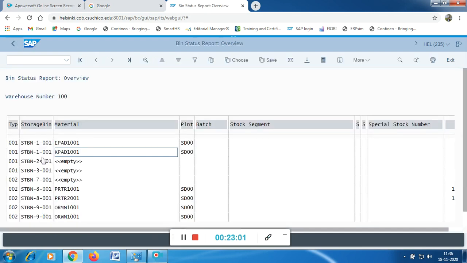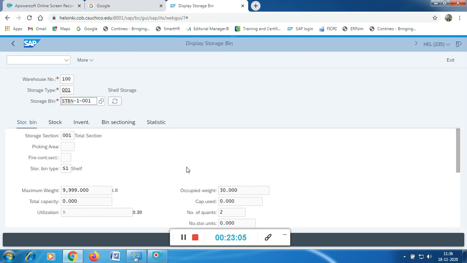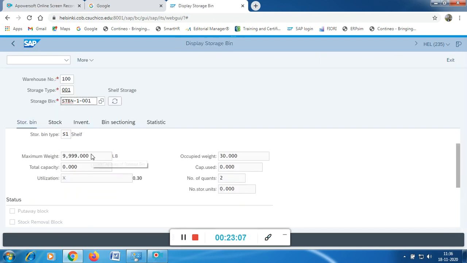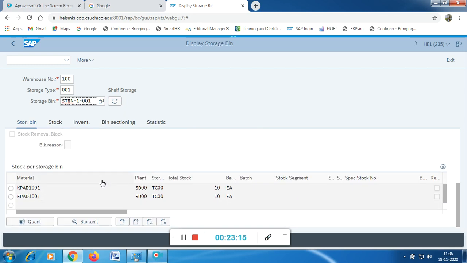And if you click on the storage bin number, again it will show you the maximum weight that can be stored in that shelf. It's not the number, it's the maximum weight of the material in fact. And here if you scroll down, 2 materials have been stored in that particular storage bin, 10 quantities each, and it shows which plant it is.